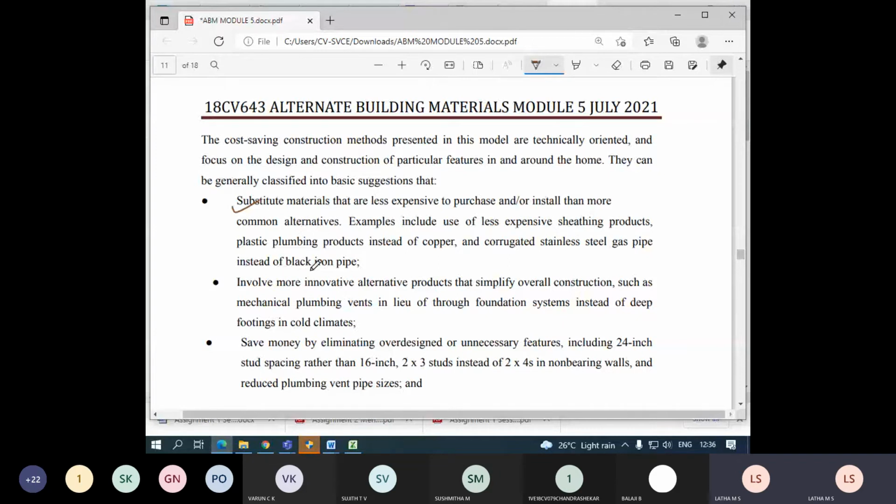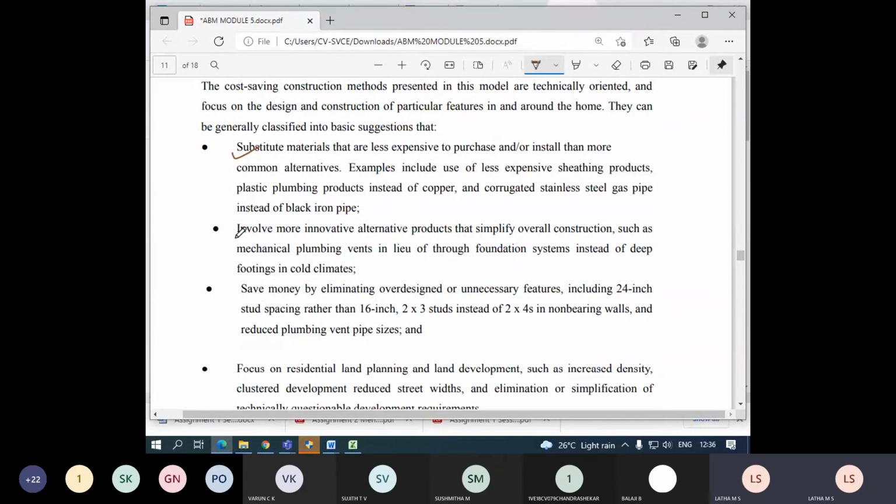We can use those. Examples include less expensive sheathing products, plastic plumbing products instead of copper, or corrugated steel. There are many you can find. I don't want this reinforcement of this type, I can go for any other alternative which can substitute. Involve more innovative alternative products that simplify construction, such as mechanical plumbing vents in lieu of through-foundation systems, instead of deep footing in cold